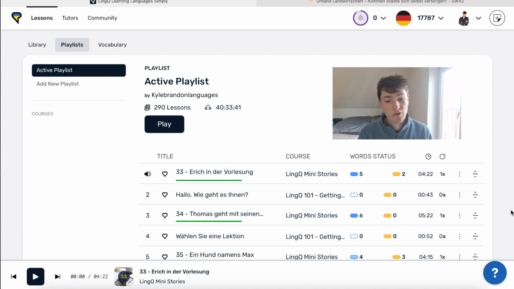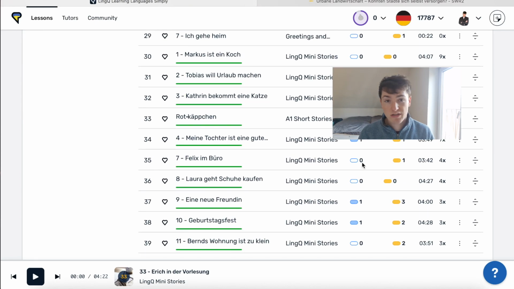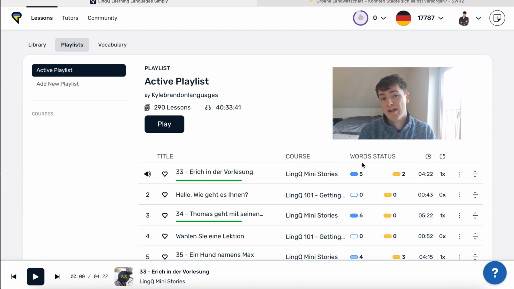It's going to look different on the phone, but you see various different playlists or lessons that I've added to the playlist. For these, I really try and listen to them whenever I can. I've mentioned before in previous videos how I try and learn languages when I'm really busy, and this is really essential to that. The very last thing I want to discuss before I wrap up this video are some tips